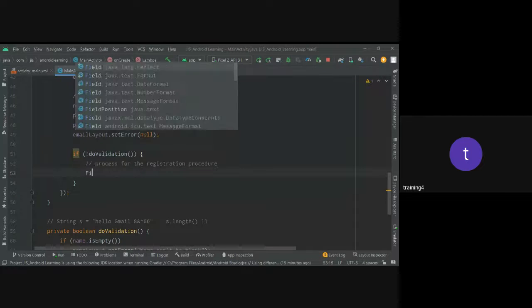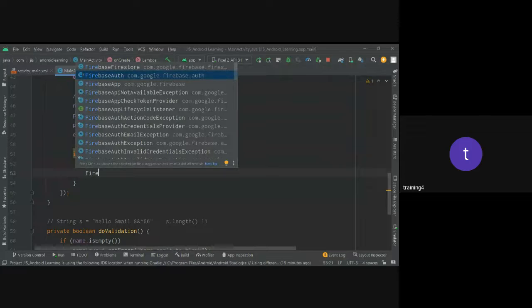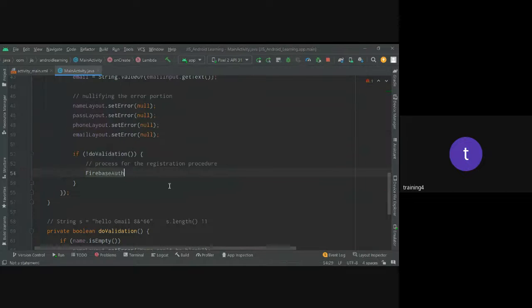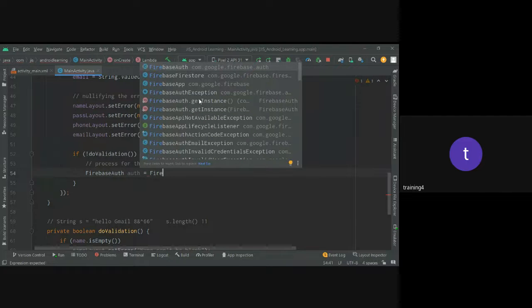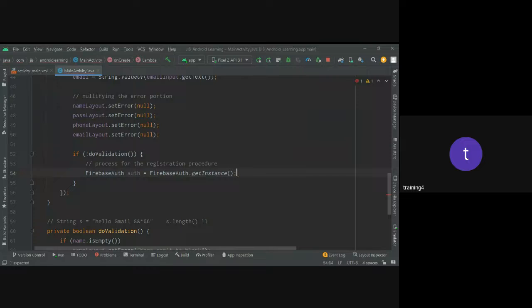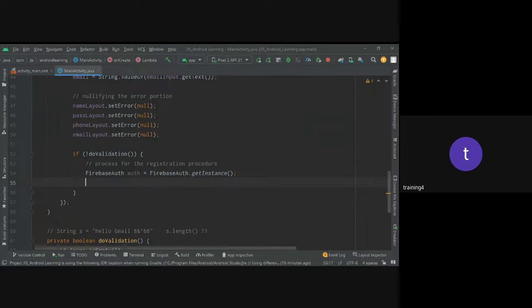Okay, so here we require Firebase auth. So see, I'm writing fire, I'm getting the option, I'm selecting Firebase auth. Typing over here auth equals to Firebase auth dot get instance, showing the method, semicolon, press enter. Firebase auth equals to Firebase auth dot get instance, semicolon. So what I am doing over here, creating an instance for accessing